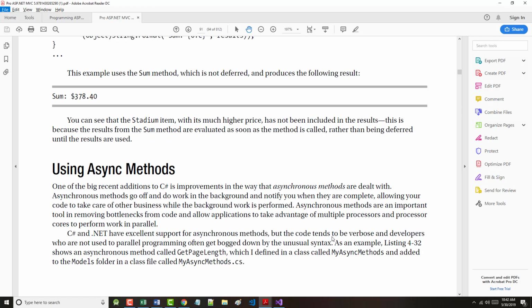Asynchronous methods, as mentioned right there, are an important tool in removing bottlenecks from code and allowing apps to take advantage of multiple processors and process cores to work in parallel. C# and .NET, as it says, have excellent support for asynchronous methods, but the code tends to be verbose and kind of hard to use. As an example here, the next listing will show an asynchronous method called GetPageLength, which is defined in a class called MyAsyncMethods and added to the Models folder in